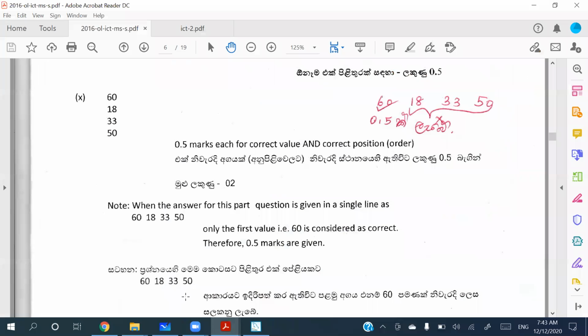So it gives 2 marks, and there is a note. When the answer to this part of the question is given in a single line like this, only the first value, 60, is considered as the correct one. And